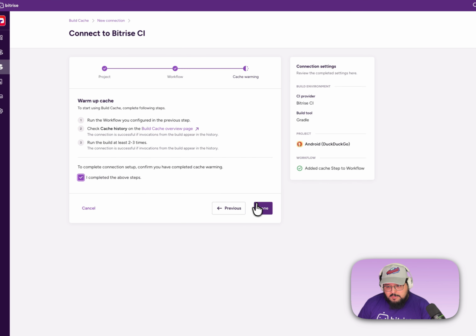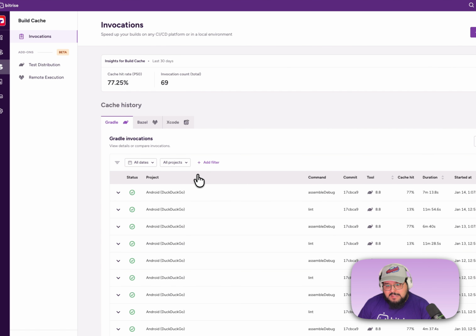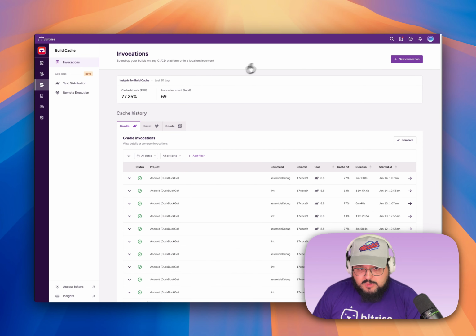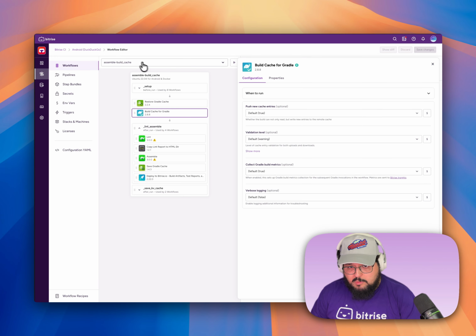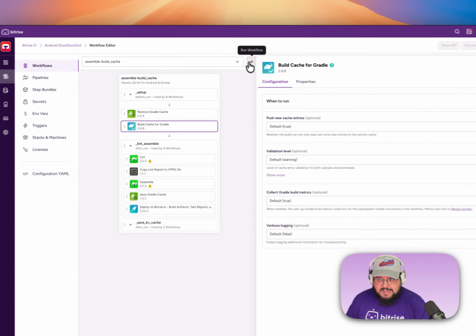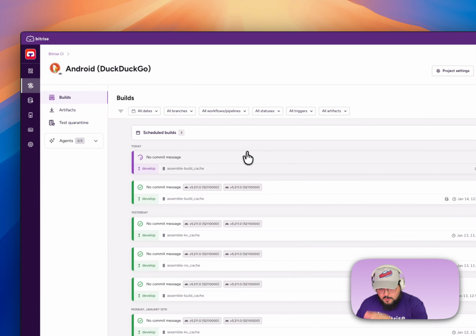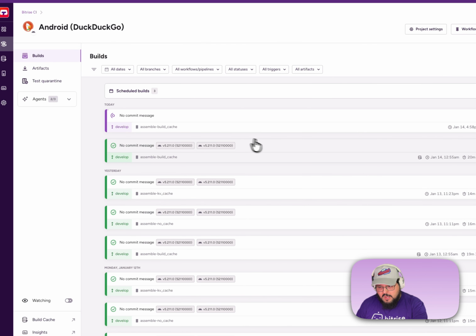So I've completed these above steps. I go ahead and select done. It takes you back to this dashboard, but this is what it looks like. If I navigate back to the workflow where I saved these changes, I can go ahead and run. I'm going to go ahead and start that workflow. And just to show you what it looks like without having you wait for the build to finish,